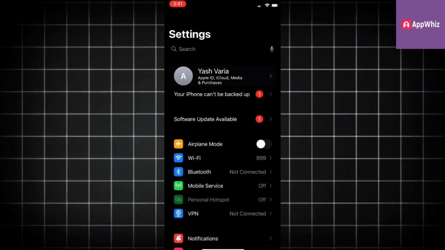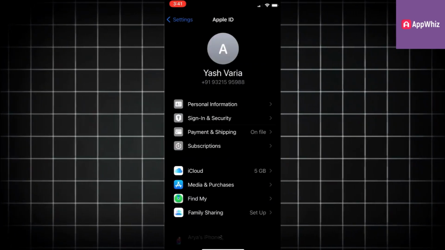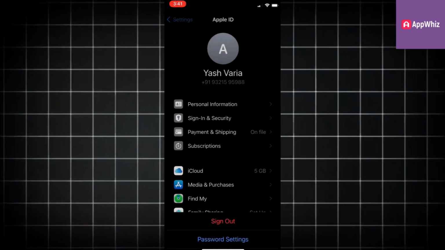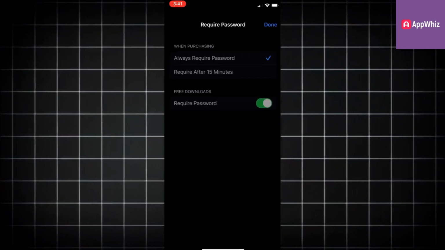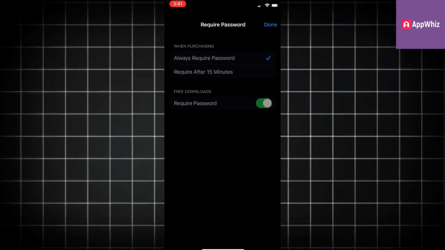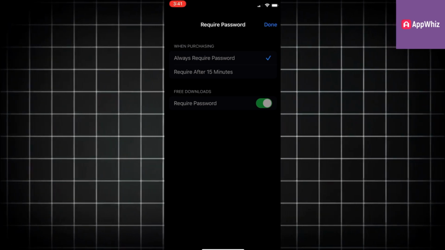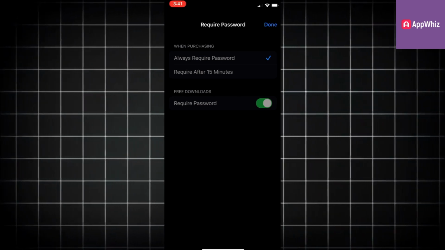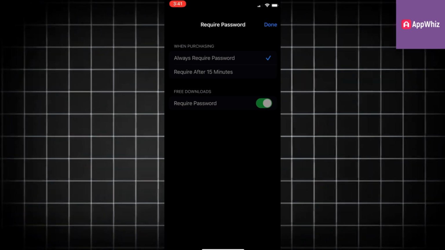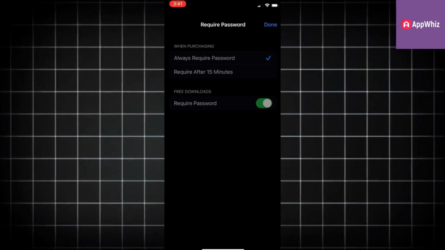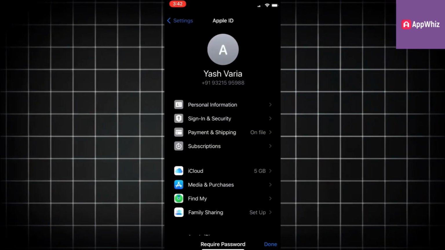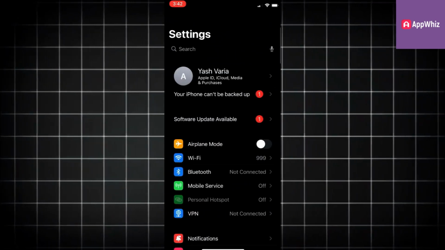At the very top, you'll find your Apple ID. Open that option. Click on the option of Media and Purchases. Click on the option of Password Settings. Now here you want to find this option of When purchasing, always require password, or require after 15 minutes. Check for the option of After 15 minutes, then toggle off the option of Require Password. Now enter your Apple password over here, click on OK, and just like that you have turned off Ask permission on